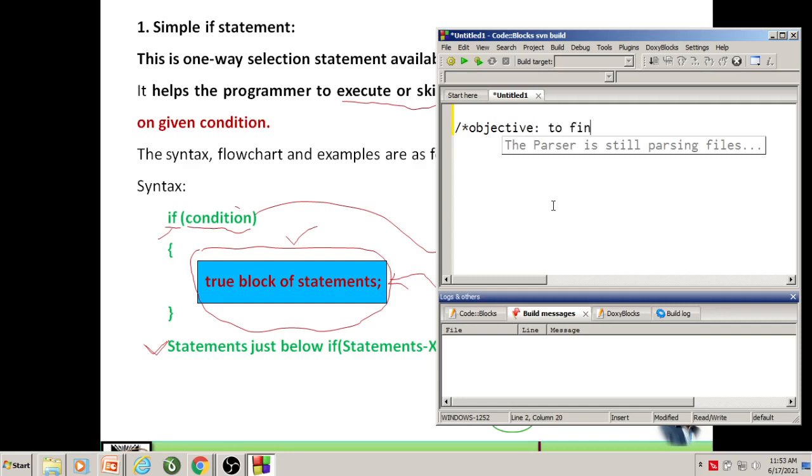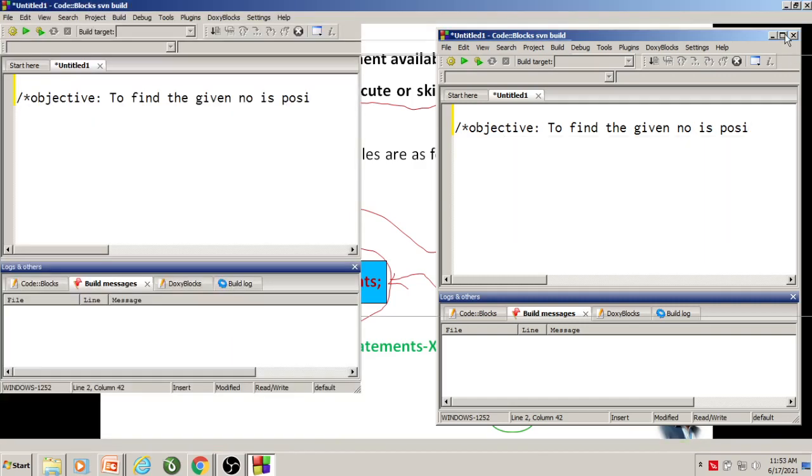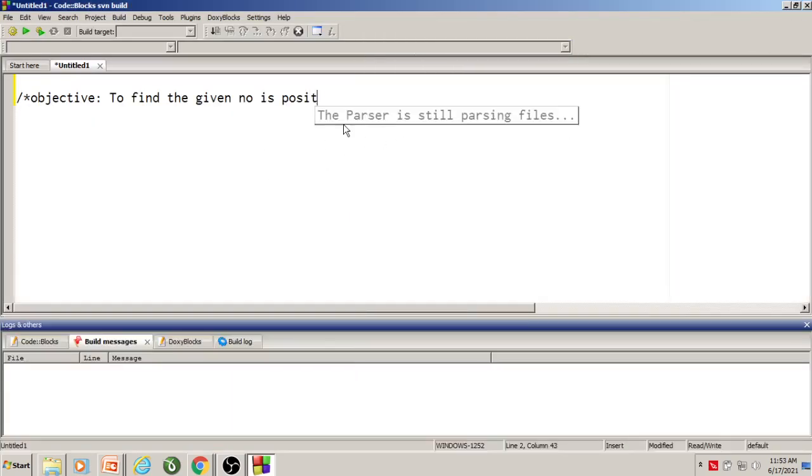to find the given number is positive or not.